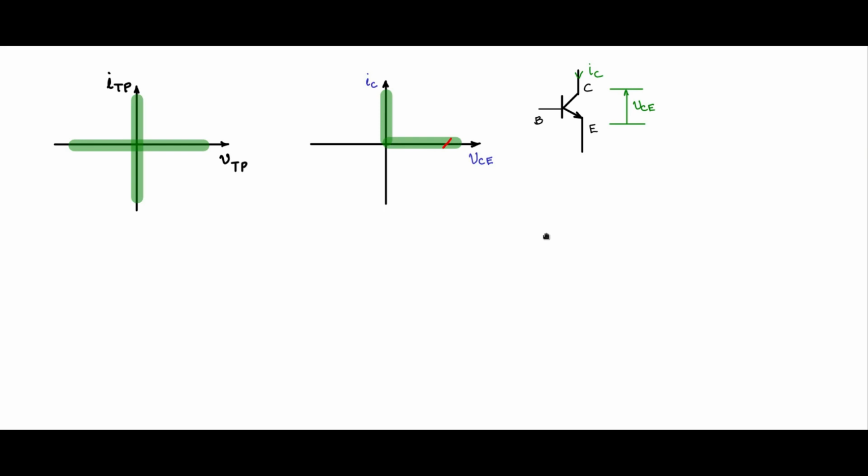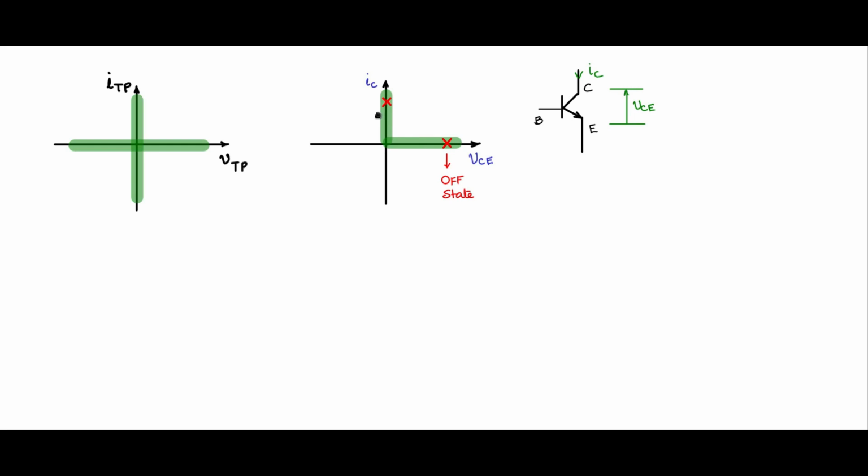Now let us say that there is an operating point here. What does it mean? It is on the x-axis, it is supporting a voltage, current is 0, which means it is in the off state. So when the switch is in the off state, 0 current is flowing and it is supporting some positive voltage across the collector and emitter. Now let us call this the off state.